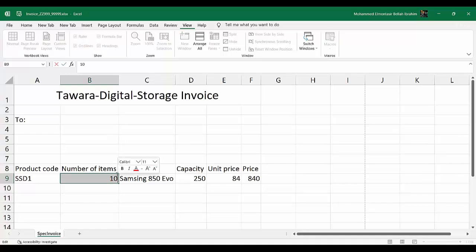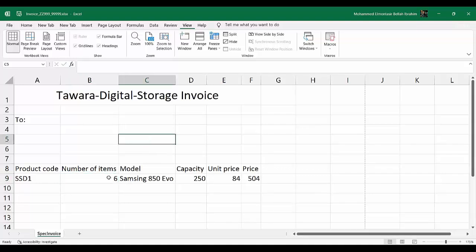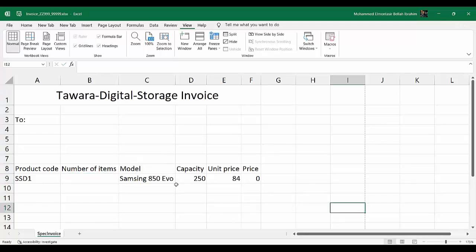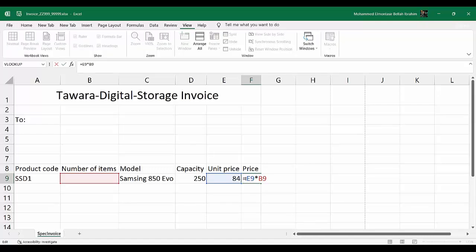Let me change the 10 to 5 or 6, for example, to see if it's applied correctly. Now it's multiplied just by that. So if I delete this one, I don't want to see this 0 in here. To do this, simply double click and go at the beginning of the cell E9 and add an IF